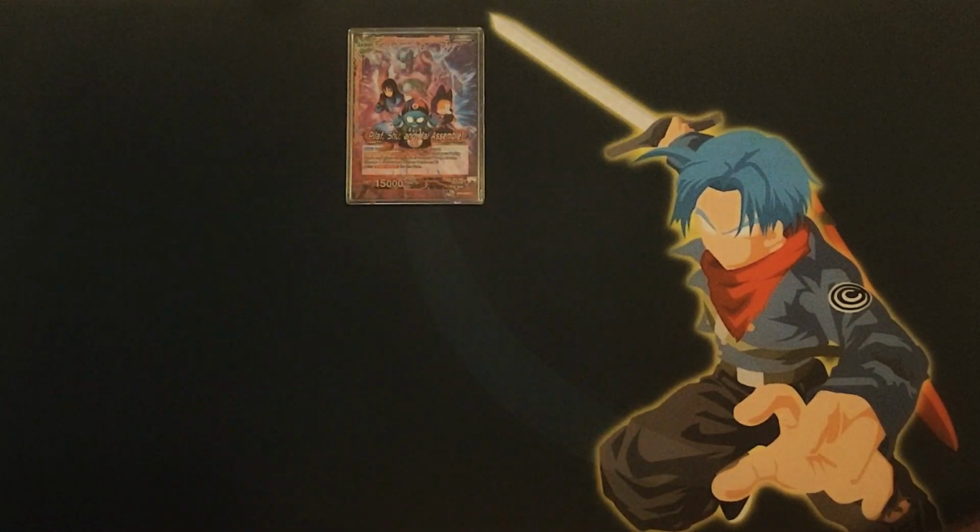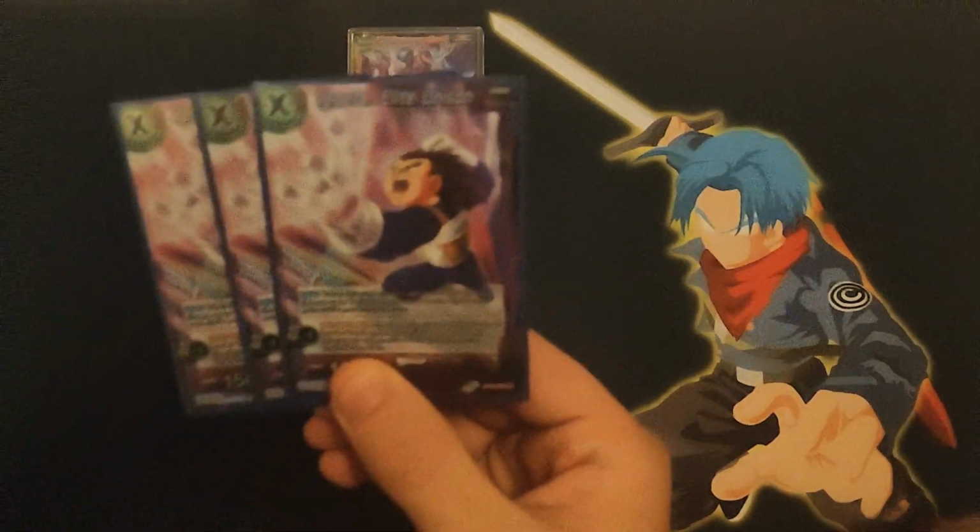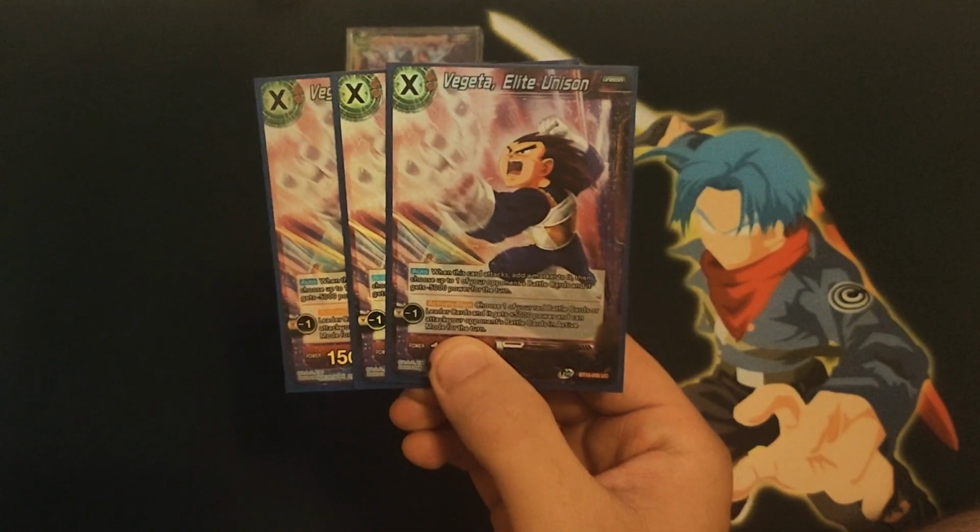All the deck profiles I've seen, they all use the same unison. They use either Sin Shenron or they use the Vegito. I've decided to go a different route. So I've gone for 2 unisons that I think are massively underrated. So first one, I've gone for 3 of the Vegeta,